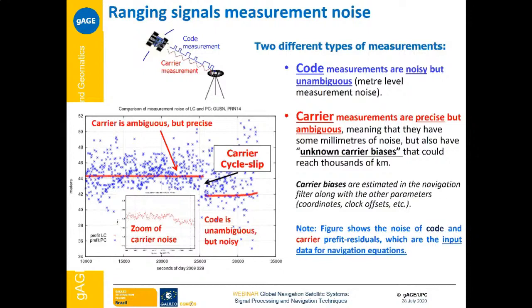Carrier phase, you remember this picture, carrier phase is in red, code is in blue. As you can see, code is noisy compared with the carrier phase. Carrier phase is precise, about 2 orders of magnitude more precise than code, but the good news is that it's precise, but the bad news is that every time that we lose the signal, when we get the signal again, we have jumps. These are the cycle slips.